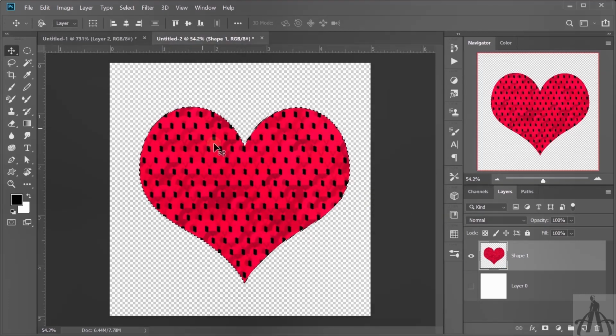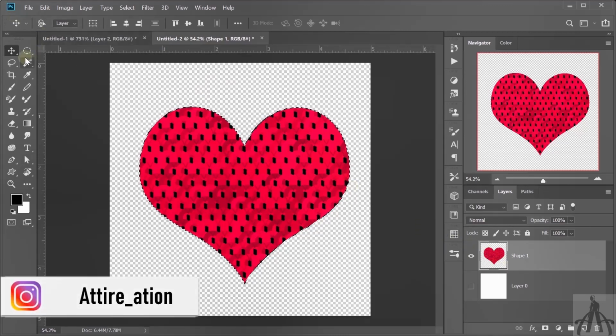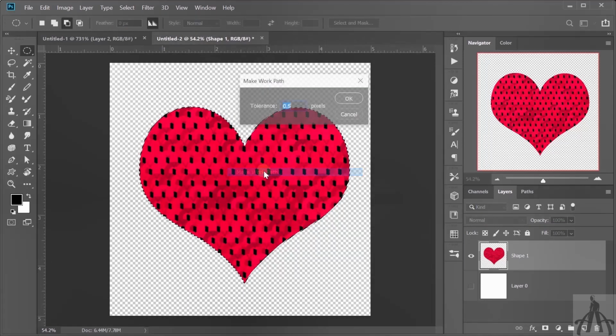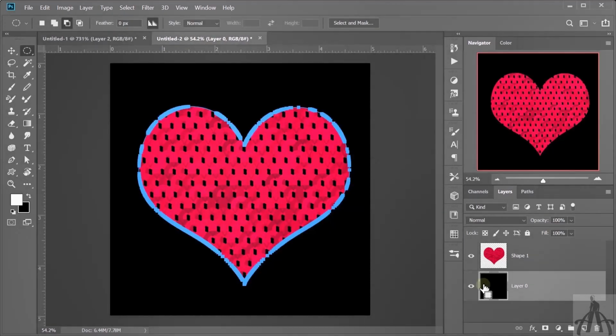Oops! We did create an amazing sequence, but our edges are all cut. This won't do. We have to add sequence to the shape so that it can give a fuller effect and won't be cut. Press Ctrl while selecting the layer and right click over it to convert this selection into work path. After this, press OK and fill black color in the background and open your fill option again.